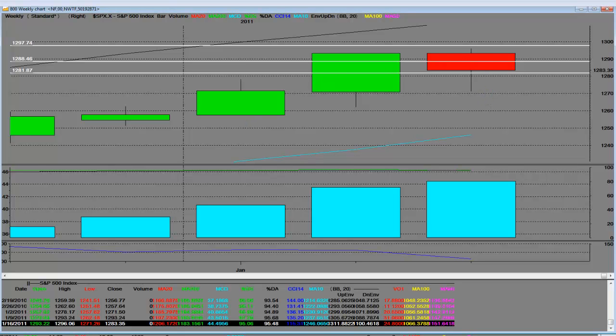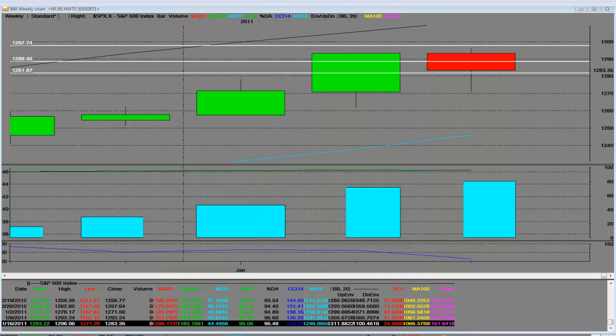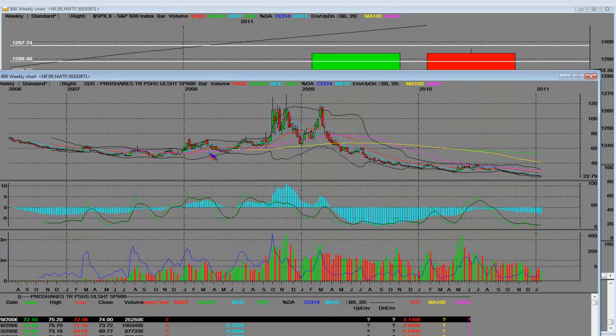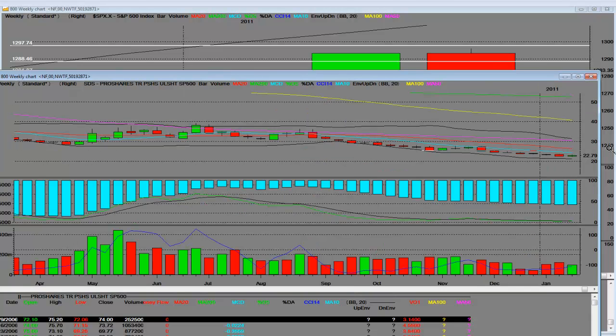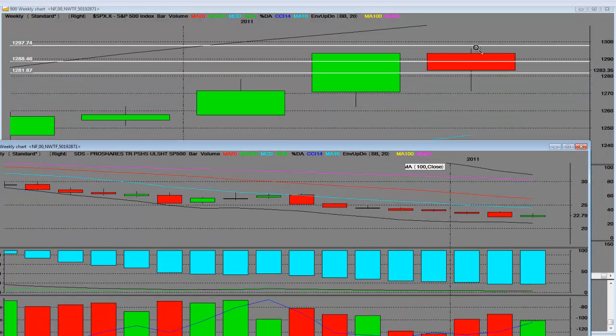If we have an S&P reversal, then we're going to go right over here to these bear funds, and we're going to start taking a look at the ultra short one right here. That's this S&P 500, and we're going to take a look at the bear fund compared to the S&P index itself. When we get down to really doing our work,